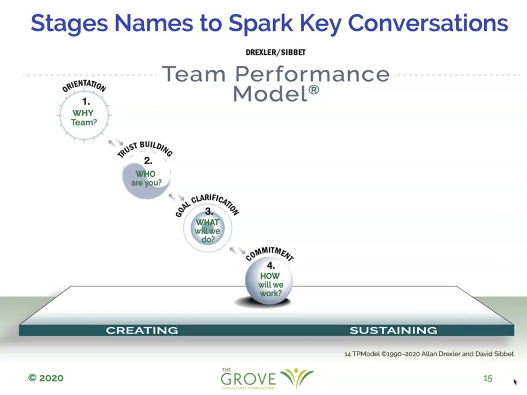So we also labeled these with words that would spark the right conversation in the group. So we spent a lot of time, for instance, on the trust building word, which in some other models is called storming, but we felt the word trust actually called up the right conversation. It's not just about interpersonal trust and interpersonal dynamics, it's also about, do you trust the competencies of the people you're working with? And under clarification, stage 3, goals are the most important thing to clarify, but also the background assumptions and history and a lot of research that might be going into what you're doing. And finally, bottom line is the commitment to how to work.